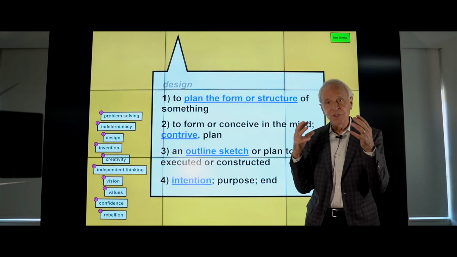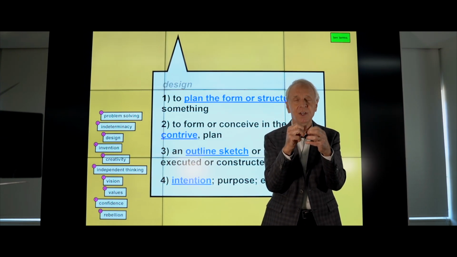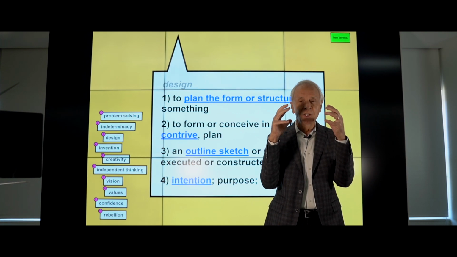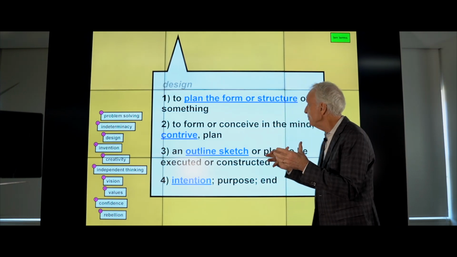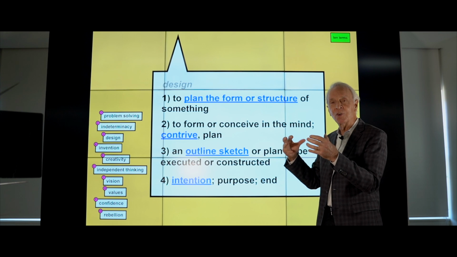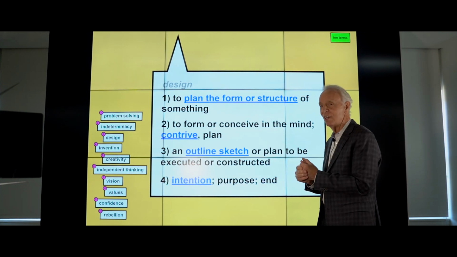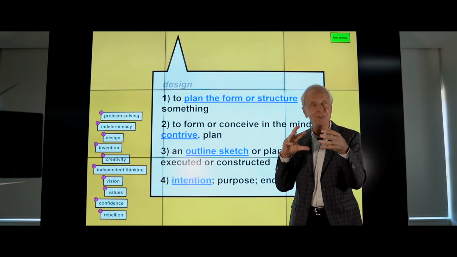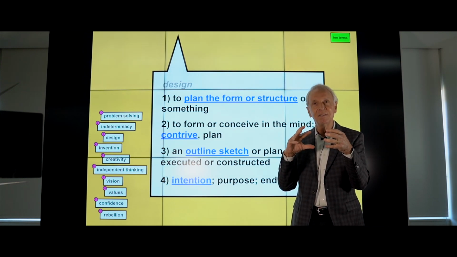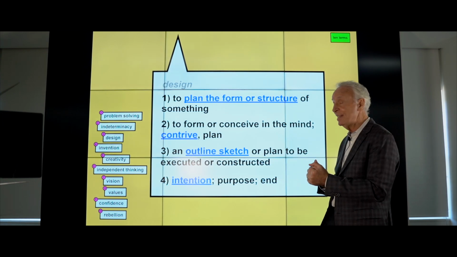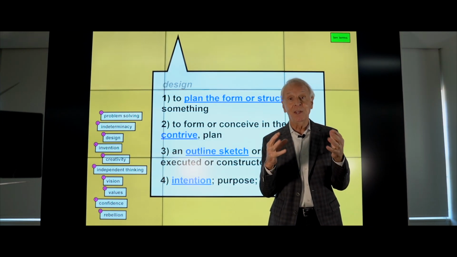So it isn't that you get to a solution all at once. You contrive something, you imagine something, you conjure something. And then maybe you get a form or a structure or a plan to approach that. An outline, a sketch. Something that at first is not complete, not wholly formed, but there is a direction there. And that's a part of the design process. It is stating intention or purpose or knowing where you're going.